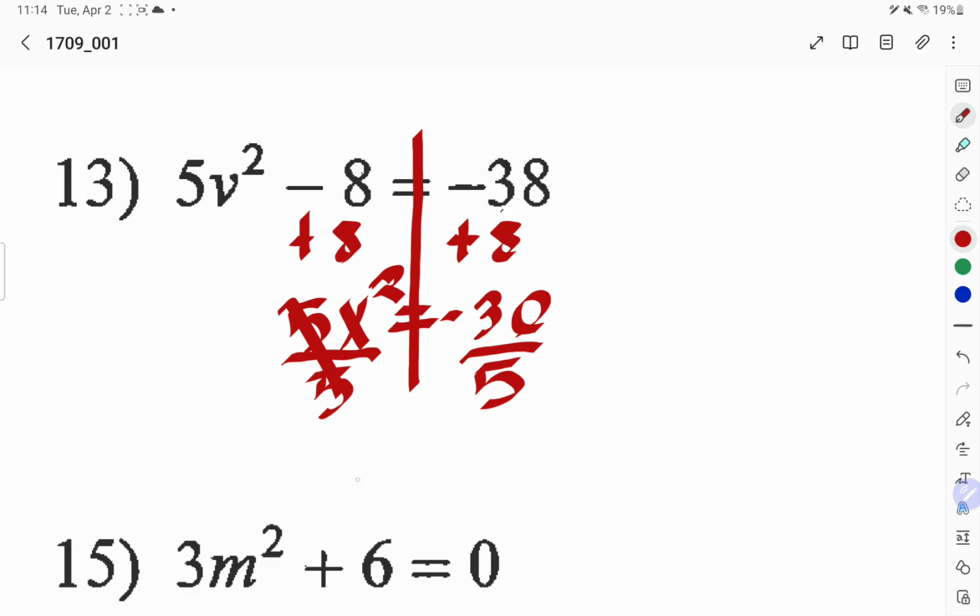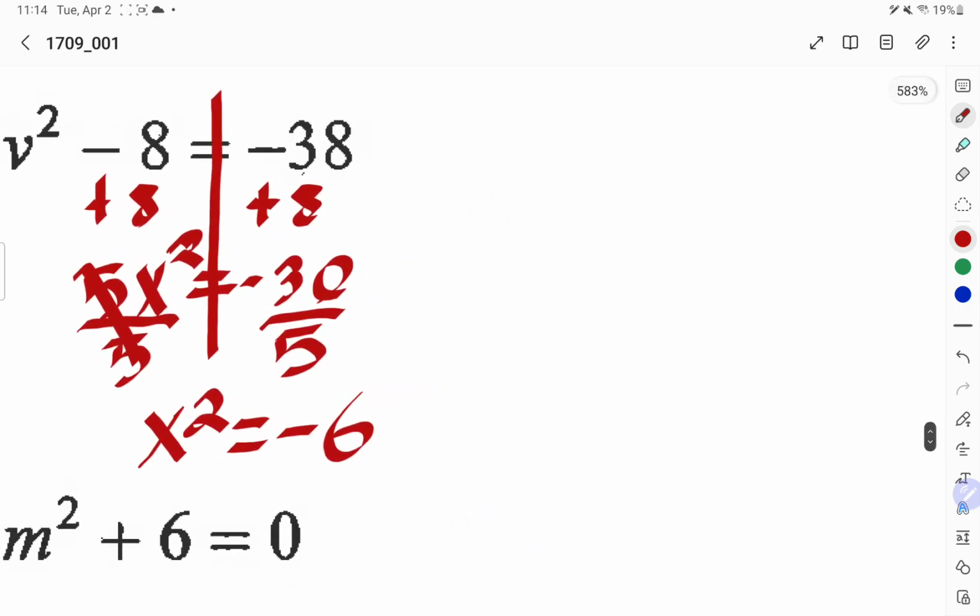Those cancel out. So it's going to give me x squared is equal to negative 6. Now, this is very important that we understand what's going to happen next, because this is the difference between having a positive number inside of your quadratic, or your square root, and having a negative. So we're going to start the same thing. So it's going to be the square root of x squared equals plus or minus, still the same, square root of